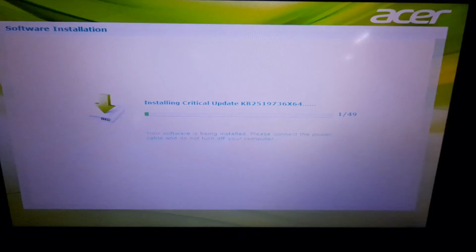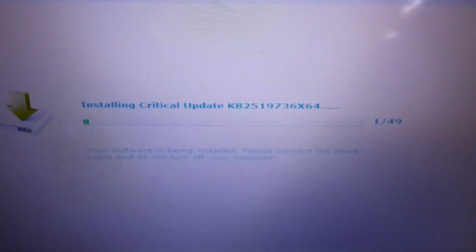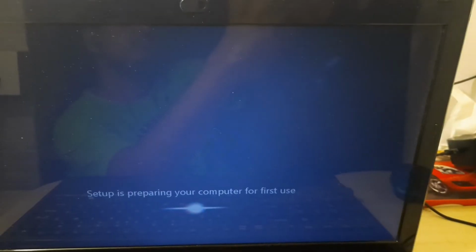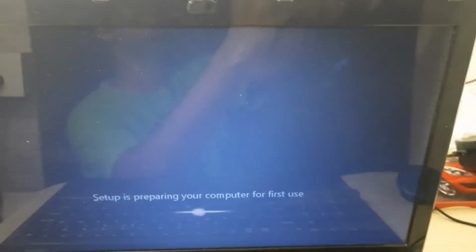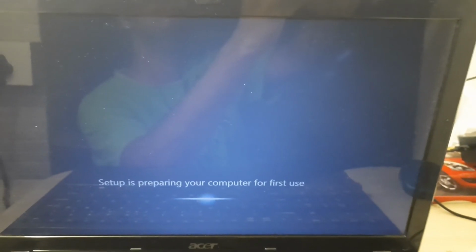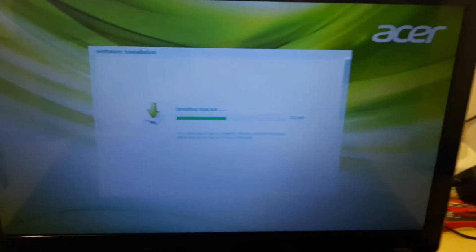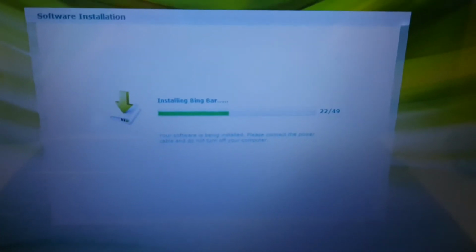Now, as you can see, the system will restart a couple of times because it is installing some Windows 7 updates up to the maximum it can update. So it is doing that currently, and it's preparing the computer for first time use.